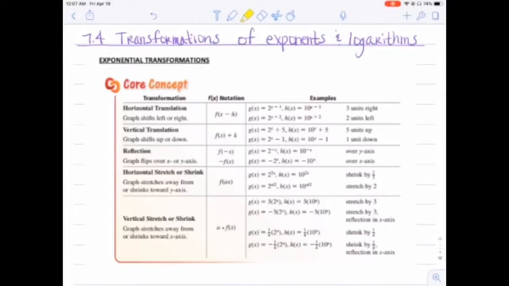Hey everybody, today we're going to go over lesson 7.4, transformations of exponents and logarithms. The first thing you want to do is glue in our first paper, which is exponential transformations. Make sure you're grabbing that one and not the logarithmic, which we'll talk about later. So just to remind you, the parent function,